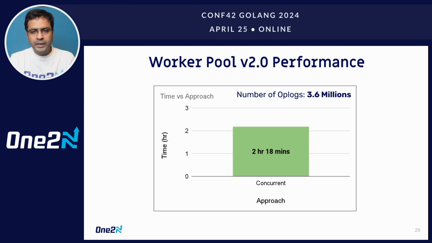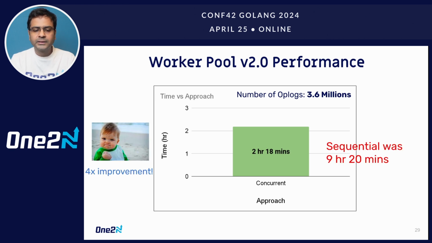for the same number of oplogs, 3.6 million, it runs concurrently in about 2 hours, 18 minutes. That's actually a 4x performance improvement over the sequential one. So we've already gotten like 4x performance improvements. That's amazing. Now,